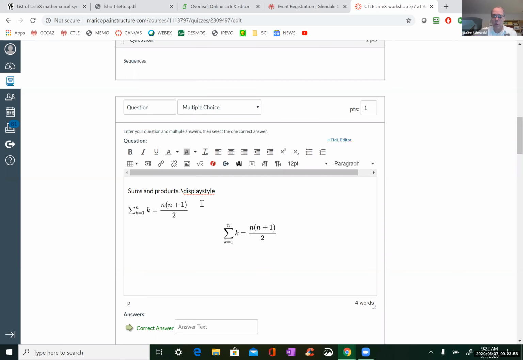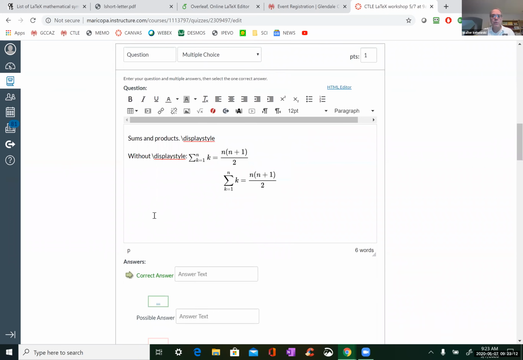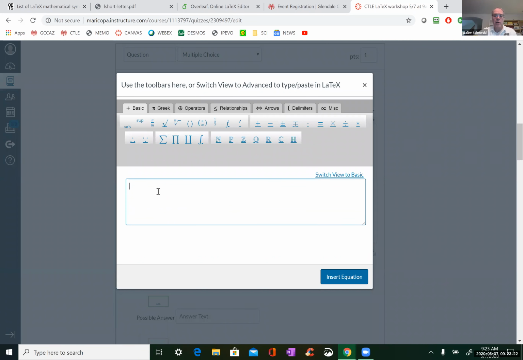Okay, so that's sums and products. Now, if you want to do a product, there aren't that many product formulas. I don't know one offhand, actually.